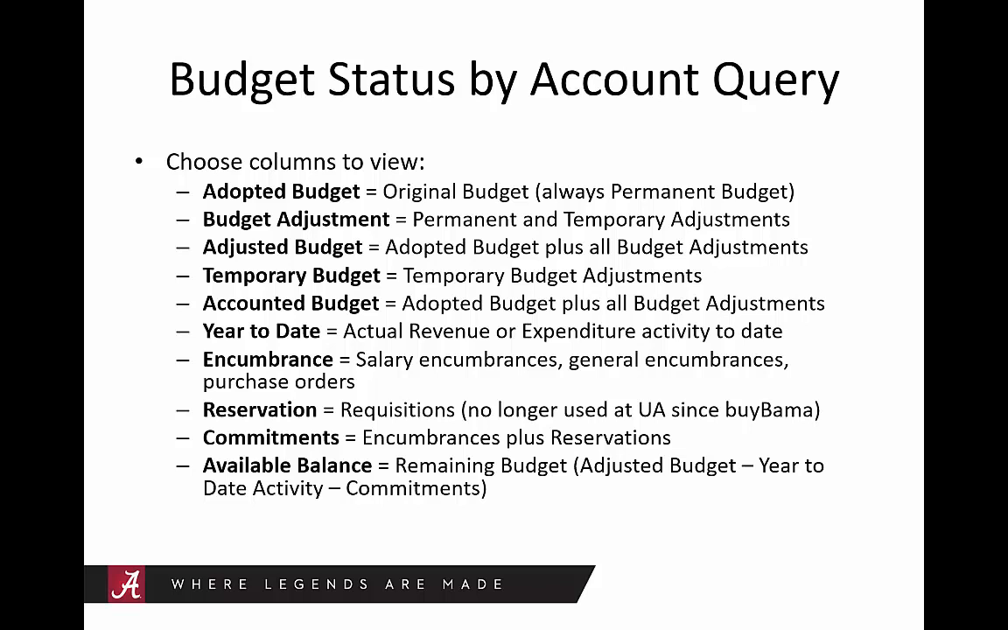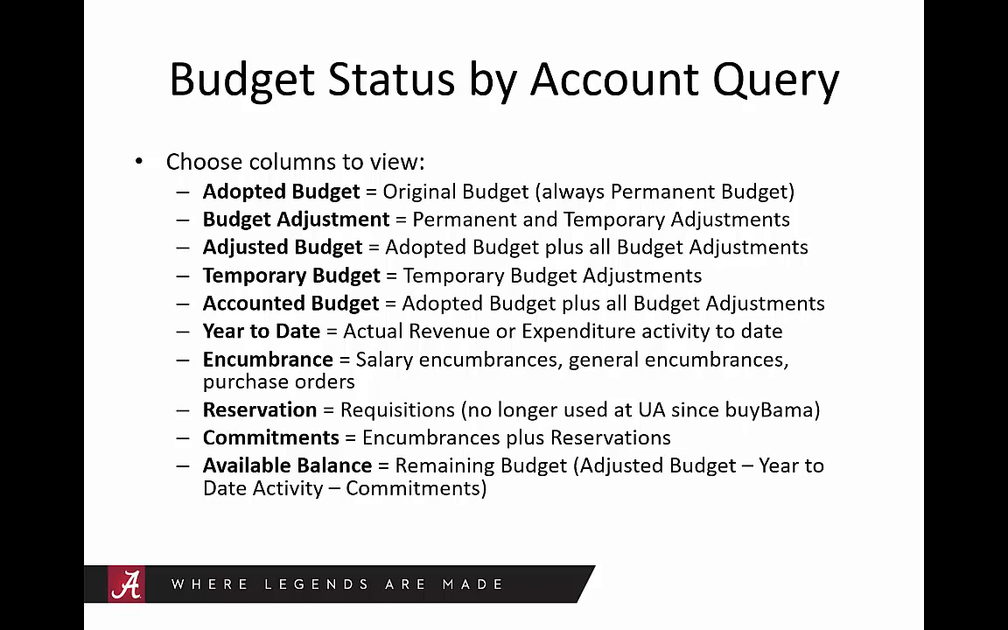Encumbrance equals salary encumbrances, general encumbrances, and purchase orders. Reservation includes requisitions, which are no longer used at UA because of BABAMA. Commitments equals encumbrances plus reservations, and available balance equals your remaining budget, which is your adjusted budget minus your year-to-date